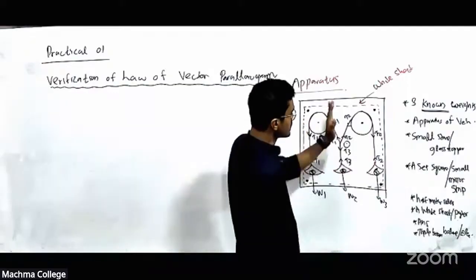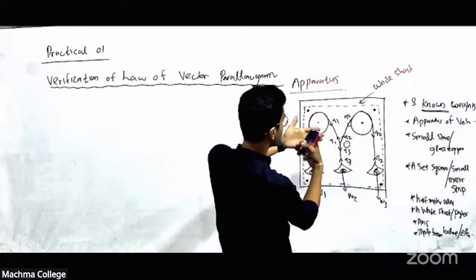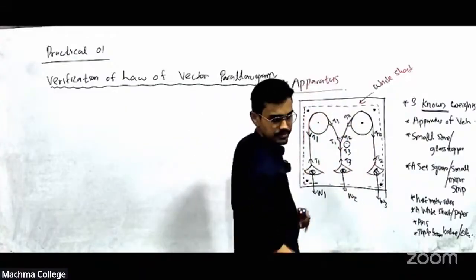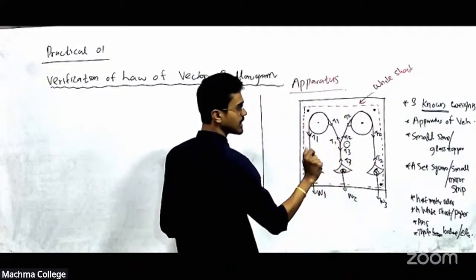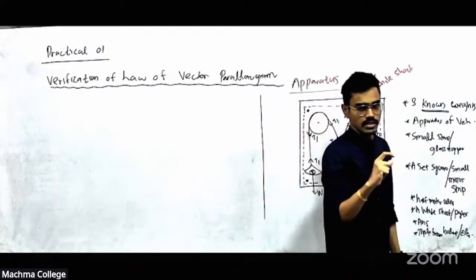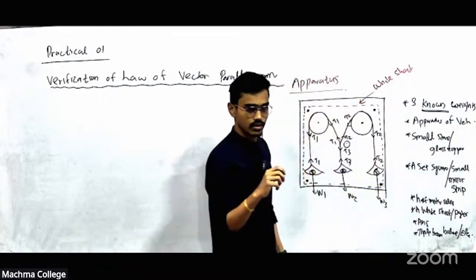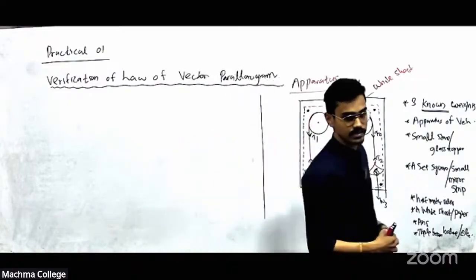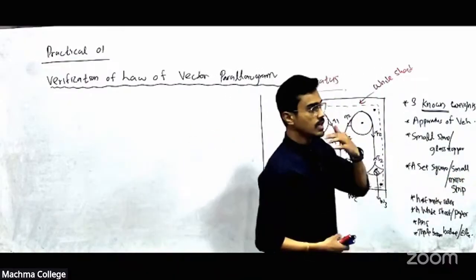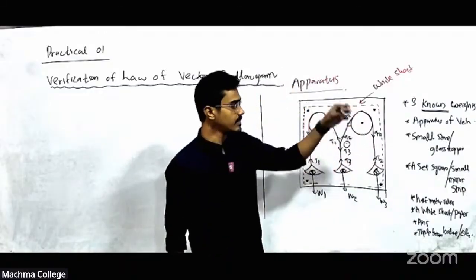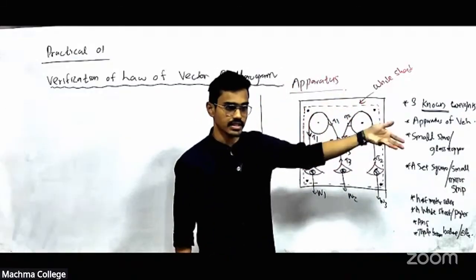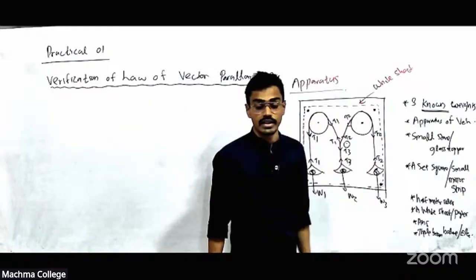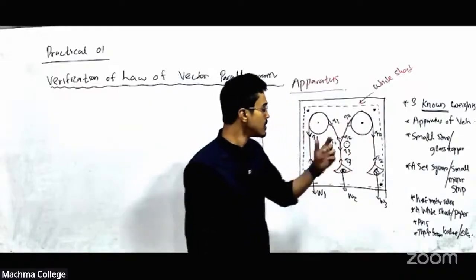Now what we have is the white sheet at the back. Right? White sheet at the back. And in front of the white sheet, 2 pulleys. And this setup is hanging. Right? And before starting the experiment, we have to check whether these pulleys are actually frictionless or not. It is supposed to be frictionless to get an accurate result. So now before doing the experiment, we will check it. Otherwise, if there is friction, our results may be inaccurate. Right?